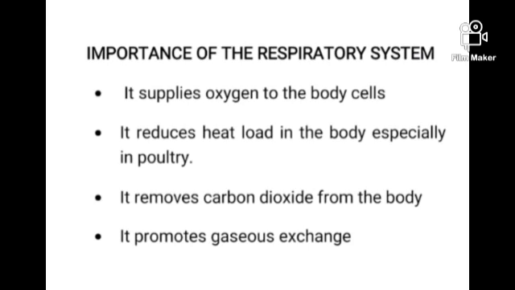Importance of respiratory system. It supplies oxygen to the body cells. It reduces heat load in the body, especially in poultry. It removes carbon dioxide from the body and it promotes